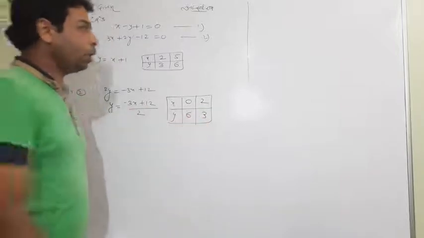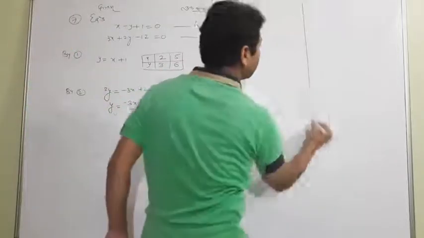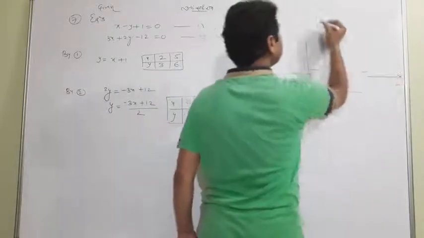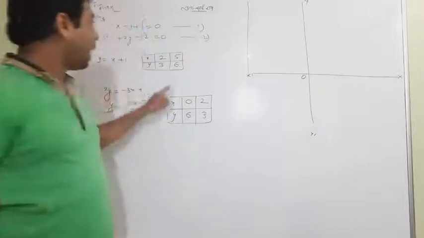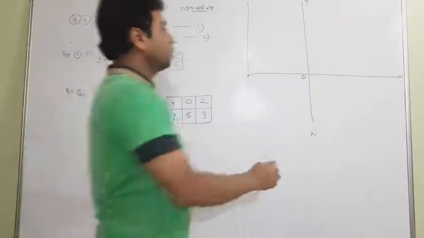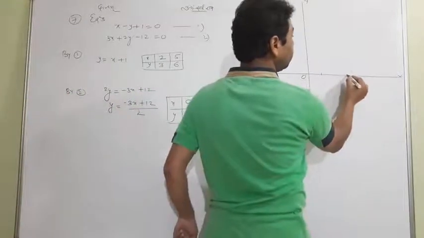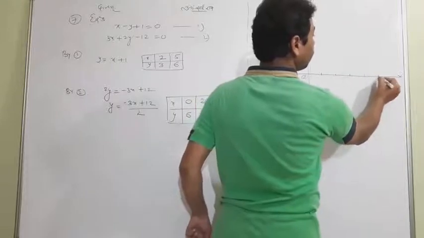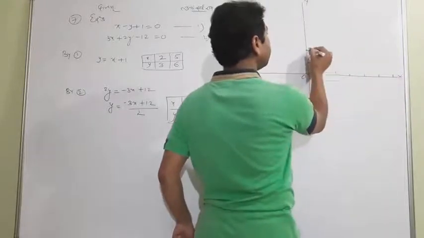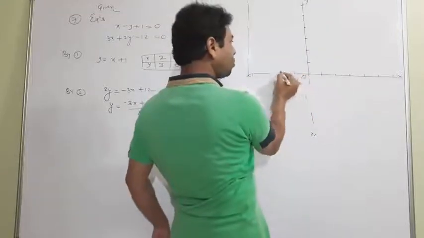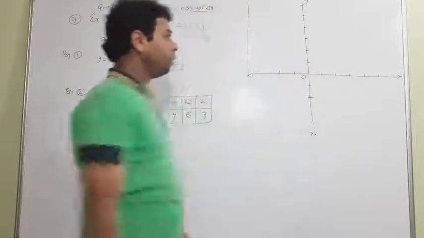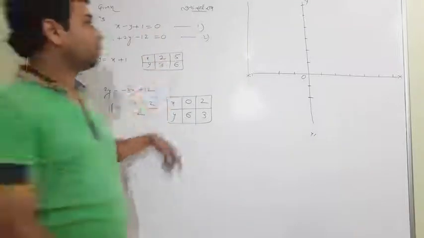Good enough. Now make a picture. It is x, y, x dash, y dash. Go with this. Highly it goes to 6. So 1, 2, 3, 4, 5, 6, and 1, 2, 3, 4, 5, 6. We don't have negative values, so it is formed only here. Okay, now go on. 2 and 3.